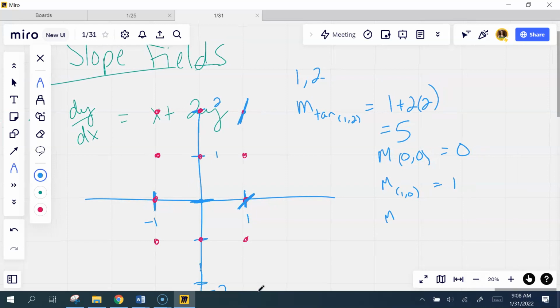And the slope at (-1, 0) would be -1. Are y'all following me on that? And so I would go to every single